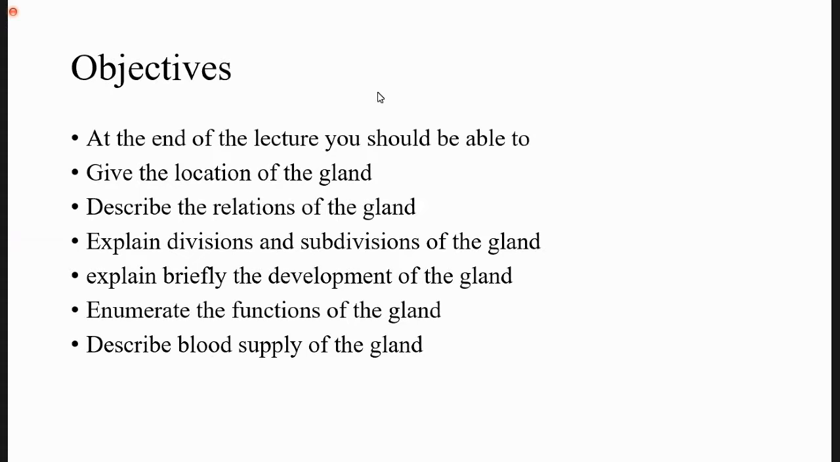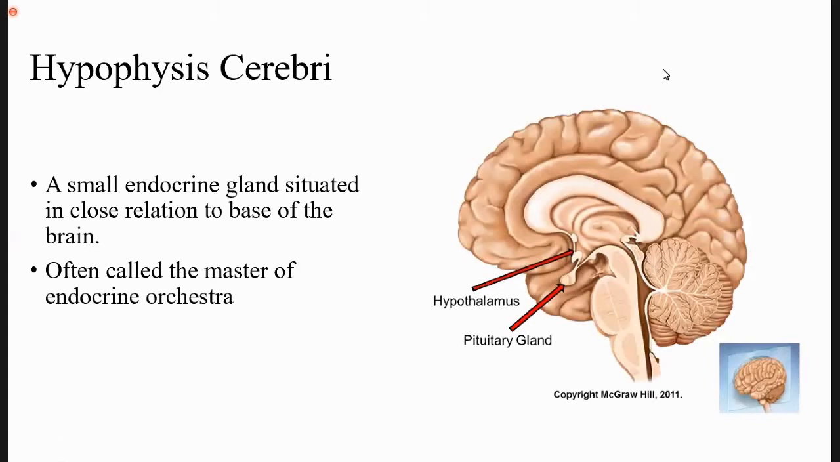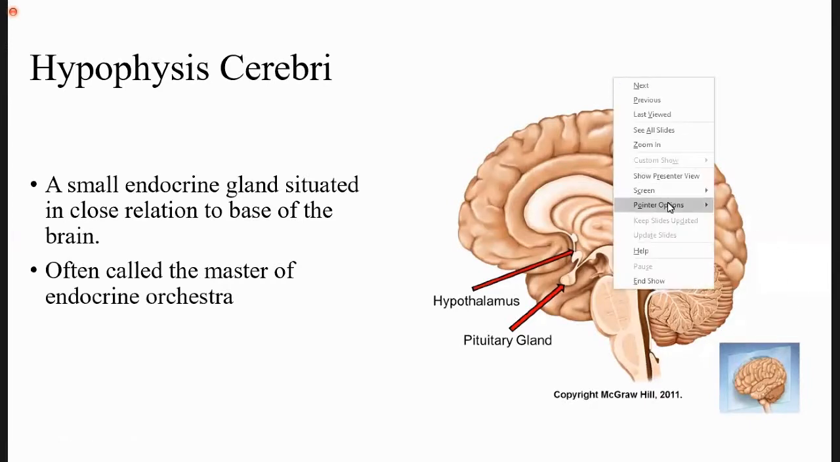So, hypophysis cerebri, or the pituitary gland, is a small endocrine gland but of immense importance to the body, because this is the major gland of the body which controls all the other glands of the body, and it is present in close relation to the base of the brain, arising from the hypothalamus. As you can see here,